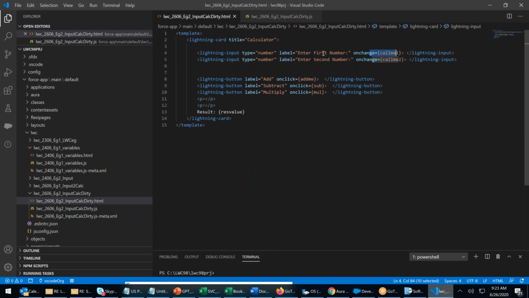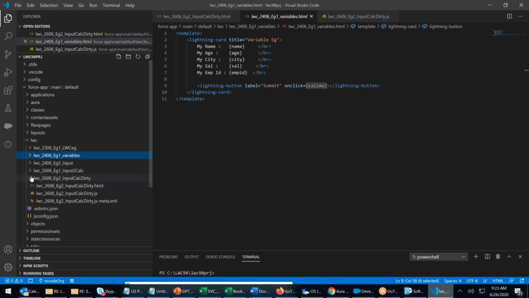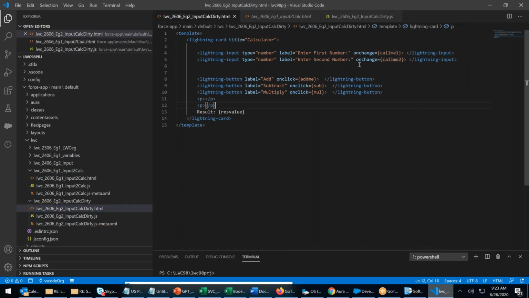Here, I'm not using name. In the first program, in example one, I was using name. I was calling the same function. Here, as I'm calling different functions, I don't need to declare an ID, because anyhow it's calling different functions. So whenever you want function declarations, use a common function. Clear, everyone?